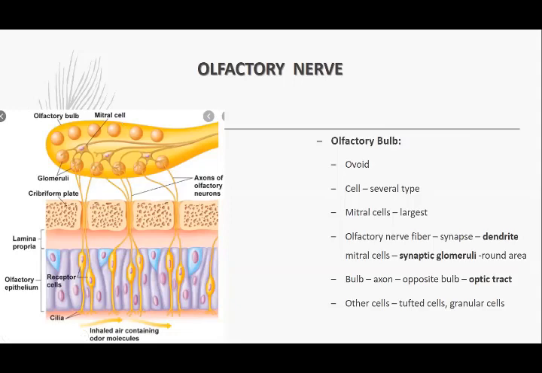But ये जो olfactory nerve fibers हैं, ये जो axons थे in receptor cells के, they collected together to form olfactory nerve fibers. They go and relay mainly in the mitral cells, which are the largest cells. उसके अलावा भी दूसरे cells में भी relay करते हैं, but it's basically the mitral cells जिसमें जाके